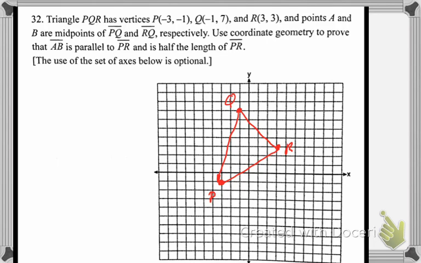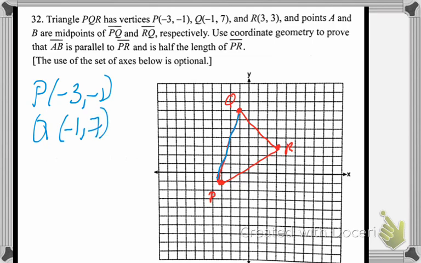Okay, here's number 32. So I already graphed the triangle, and we're being told that there are points A and B, and those are the midpoints of PQ and QR. So we're going to find those midpoints. So PQ is located right over here. That's PQ. So P is negative 3, negative 1, and Q is negative 1, 7, and we want to find